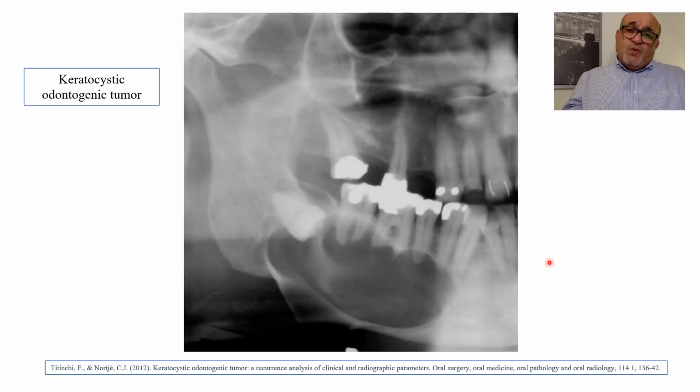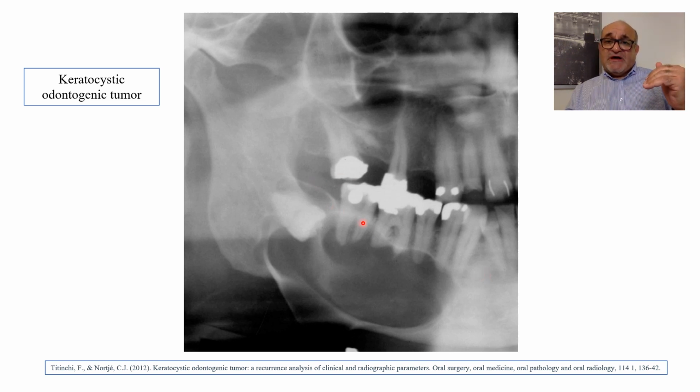The other lesion, which is also common, is the keratocystic odontogenic tumor, which was previously called the odontogenic keratocyst. This is a tumor which you can see between the 20s and 50s in patients. Males are more affected by this tumor than females. The posterior part of the mandible is the common site for such tumors, and the tumor in the radiograph would appear as a well-defined